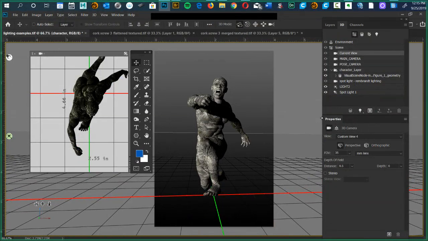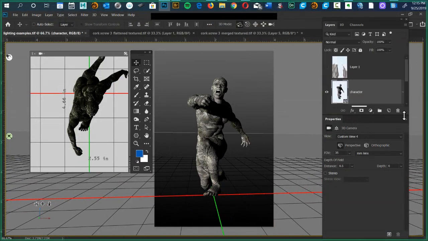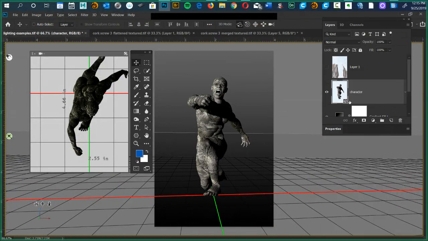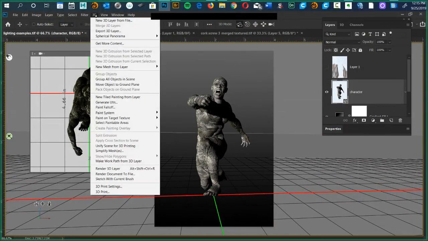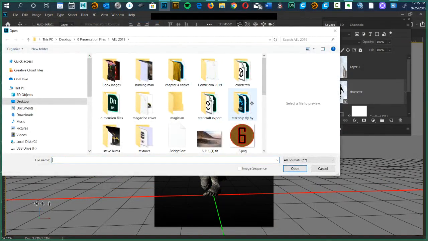All right. So in Photoshop, once you have your 3D objects, I'm going to go over here to the layers. If you look at my layers, you have a 3D layer, and we know that because we have this three-dimensional looking cube in the bottom right-hand corner of my character. Any object can be imported into Photoshop. If we go to our 3D menu and choose New 3D Layer from File, you get the file and open it up,